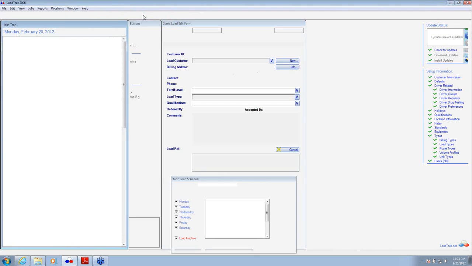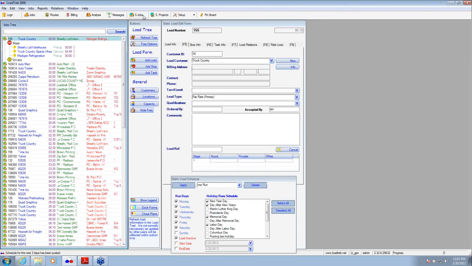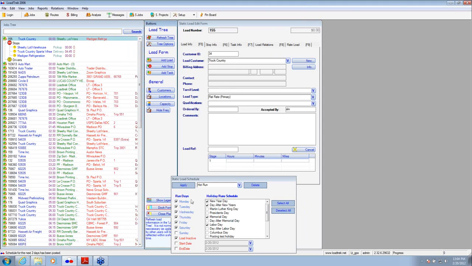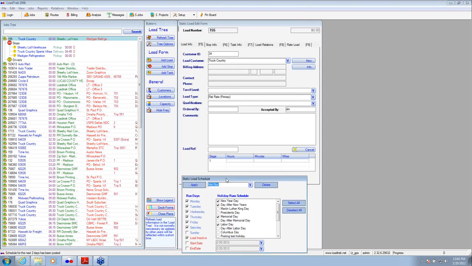is how we refer to it in LoadTrek speak, or the area of the software in which we create and modify our static loads. What you see here on this screen is the static load plane, and if we take a look here